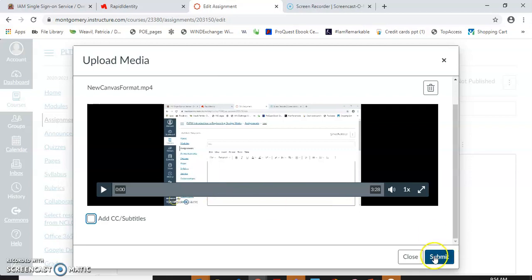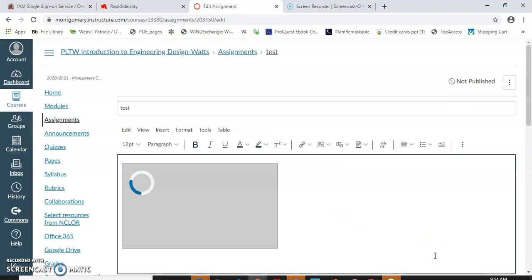This is one way to upload a video. You click Submit, and then it goes in. The other way is down here, there is a little media icon. It's got the movie play symbol, looks like a small YouTube symbol and a notation for music. If you click that, you get the hover menu again, and you can go to upload, record video,